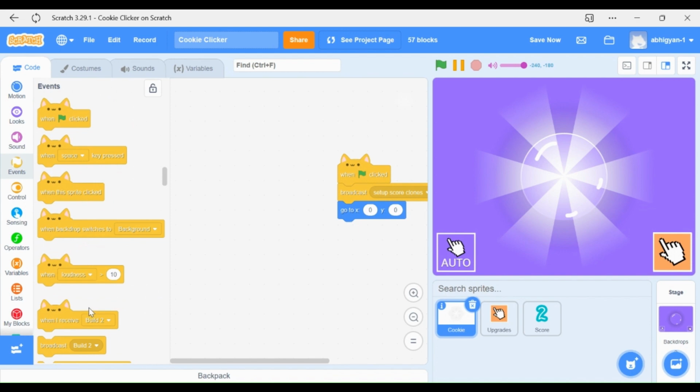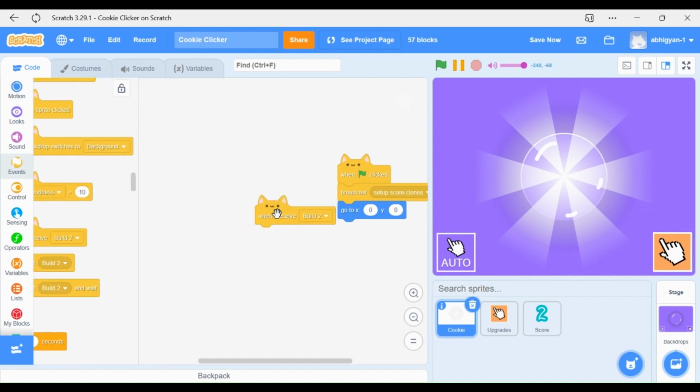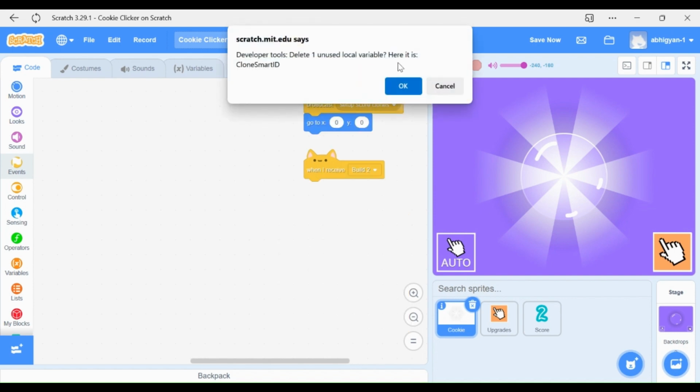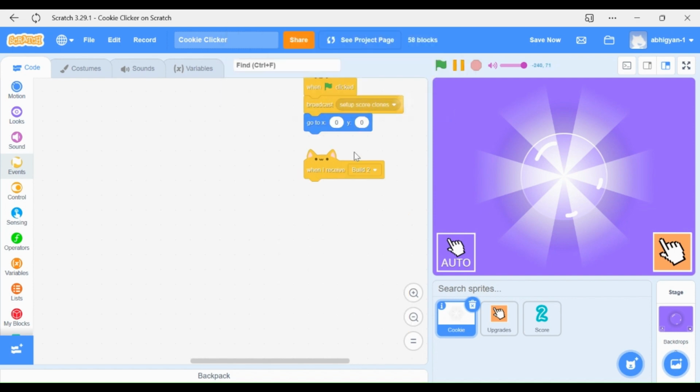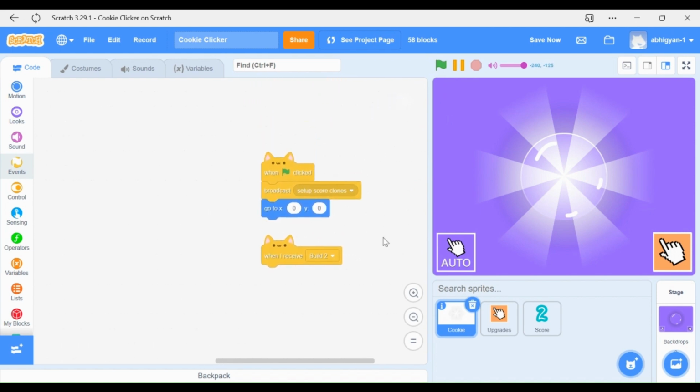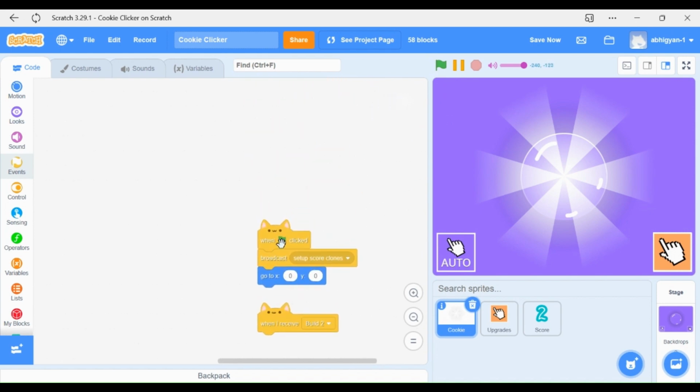Now let me take a variety build two block. Now I'll just make some space. Okay. Now that we got some space,